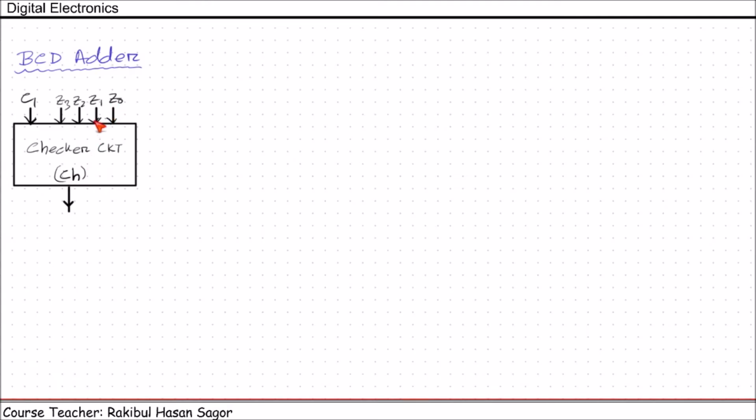We have Z0, Z1, Z2, Z3 and C1 as input that are coming from the first 4-bit binary adder and one single output. This output will be 0 if this number is less than or equal to 9. This CH output will be 1 if this number is greater than 9. So let us start plotting the truth table